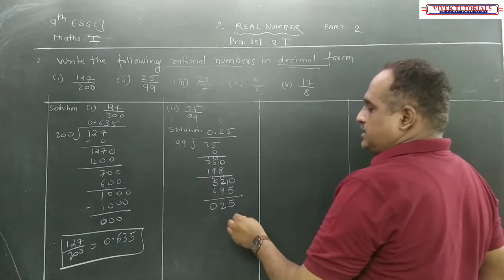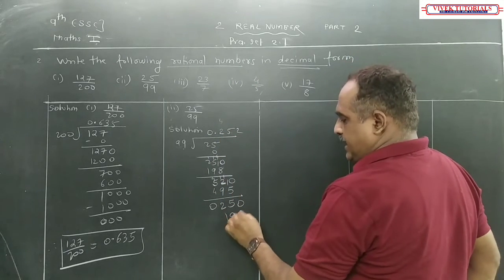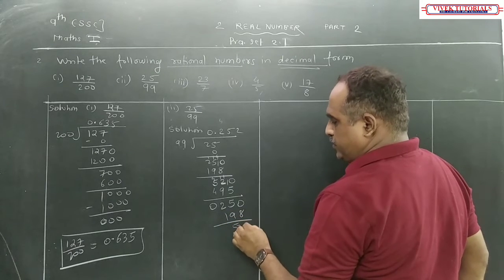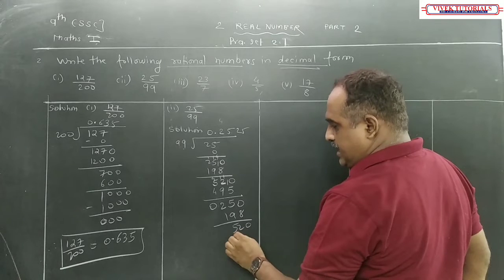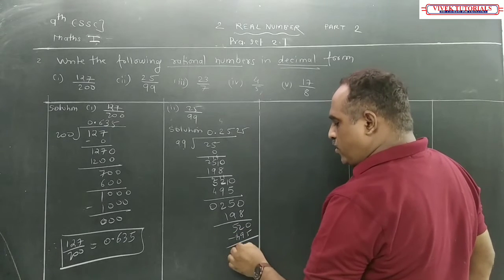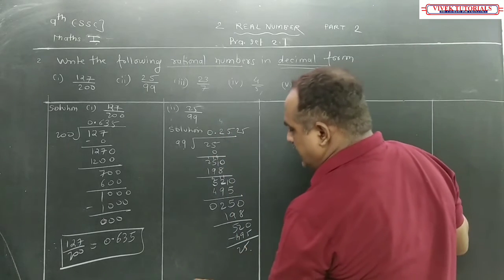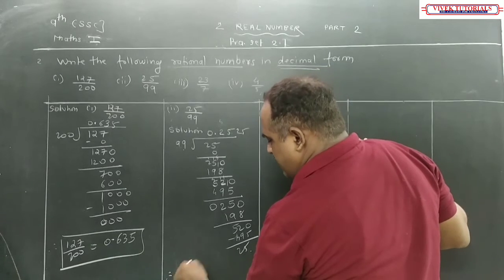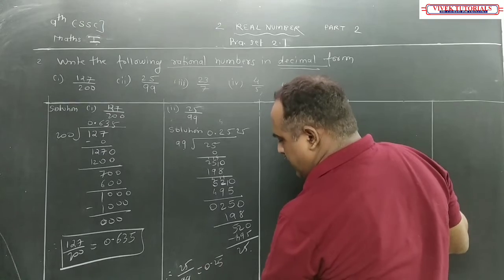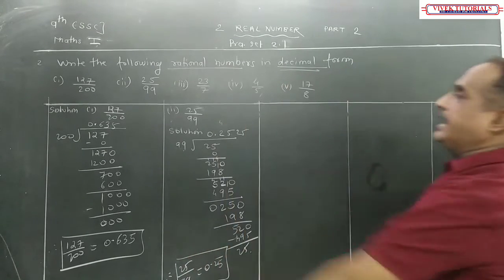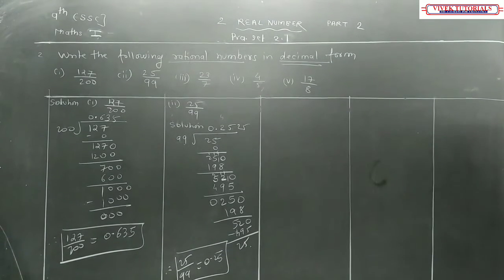Again I am going to take it as 0. 0 means again 2s are 198. Again I'll get 52, will become 5, 1, then 495 is there. So it is repeating, right? So as it is getting repeated, leave it over here only. And what you are going to write? 25 by 99 is 0.25. Write it like this and leave it. Have you understood this? Now third one.